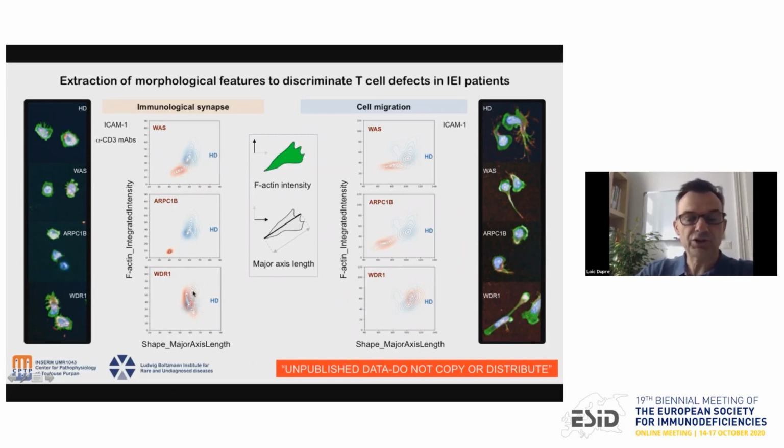And those features are not much affected in the WDR1, at least in the context of the immunological synapse. But when you look at the context of cell migration with ICAM1, you see that there is a tendency for those WDR1 T cells to have higher F-actin content and to elongate a bit more than normal cells. So as you see, this pipeline allows us to very much discriminate patient cell morphologies, to extract meaningful features to understand the biology of those individual pathologies and individual